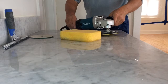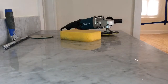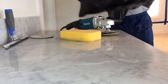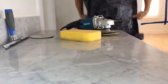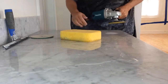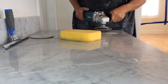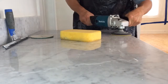Oh, I did forget one thing. I've got to put on my beautiful garbage bag that I had from the other day. This way I won't ruin my clothes. It makes it real easy. As I said before, it looks terrible, but sometimes, when you get good at doing this, you'll be able to see through the water. I know that sounds strange, but